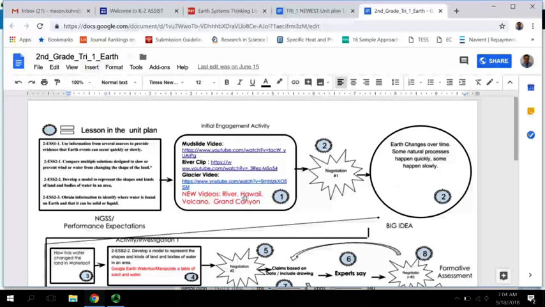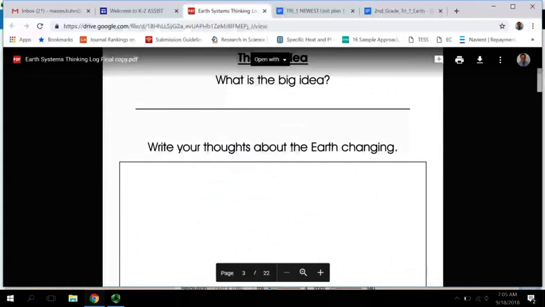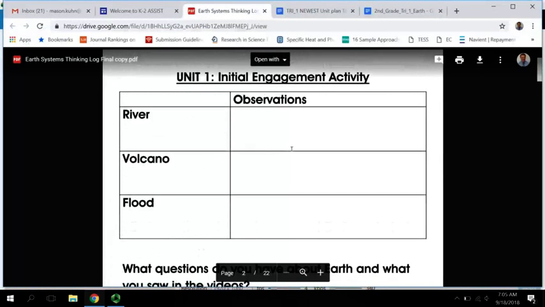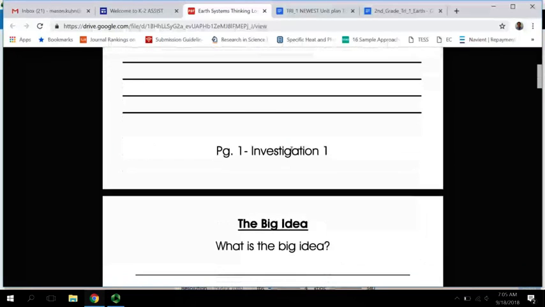So in the previous lesson, the students watched these videos of changes happening to the earth. Some of them happen very quickly, like mudslides and rivers, and then others happen over a long period of time, like the Grand Canyon and glaciers and things like that. So in their thinking logs, they have a place where they wrote down their observations in the first lesson, and now